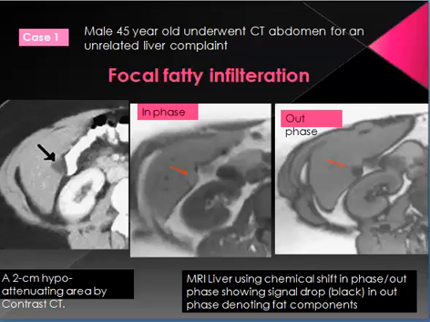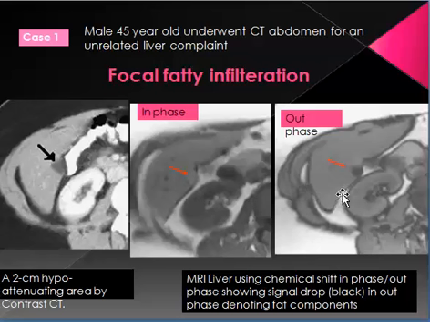A 45-year-old patient underwent CT abdomen, and we found this area. It is unrelated; the patient came for an unrelated liver complaint. This hypodense area remains hypodense with contrast. It's not a cyst. And here in phase and out of phase,